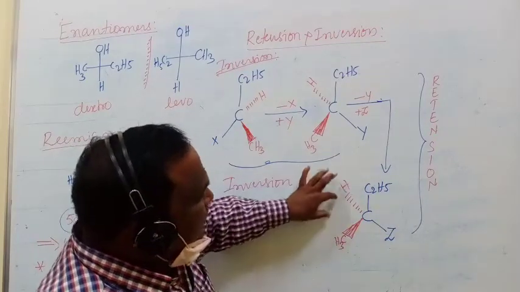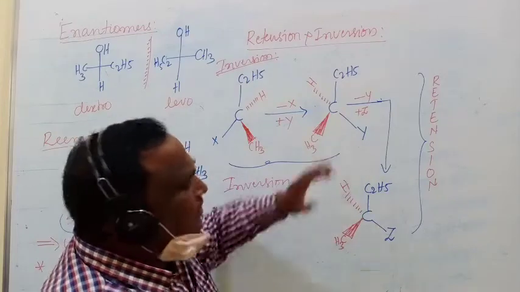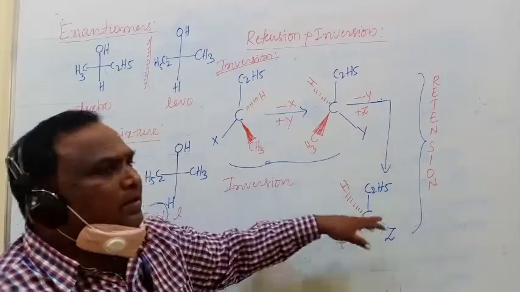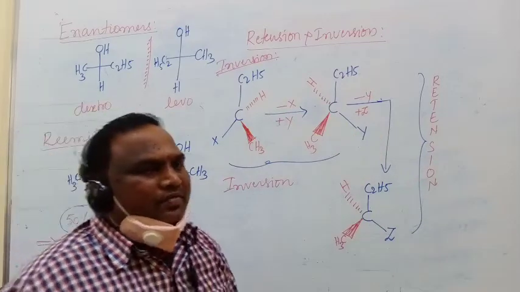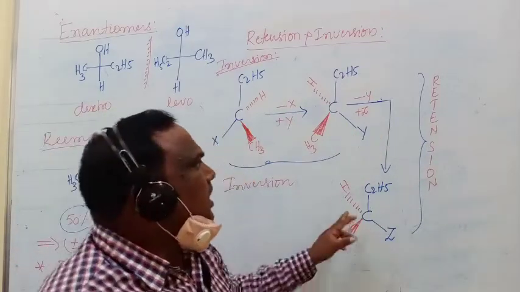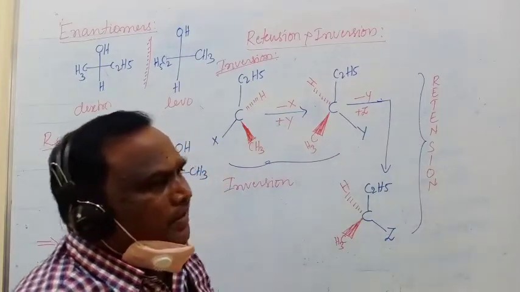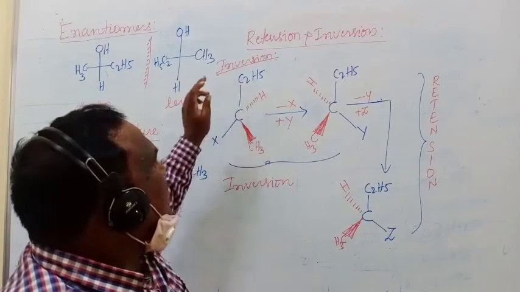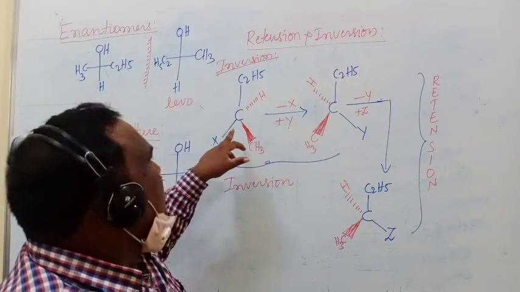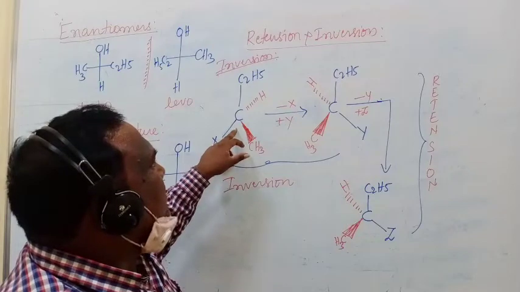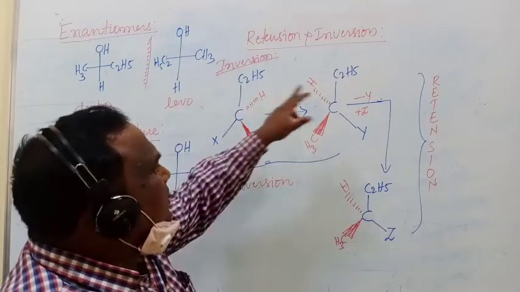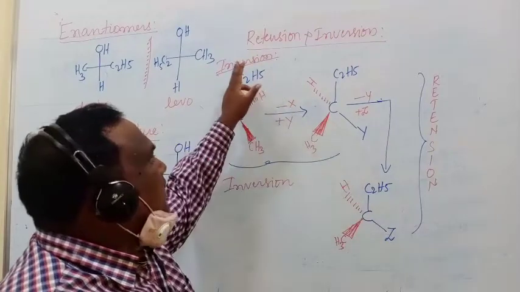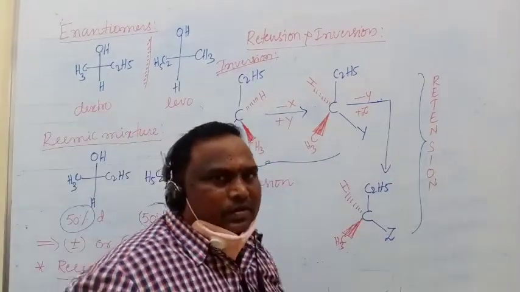The configuration of the atoms remains the same even after the chemical reaction. This is known as retention of the configuration. Very simple. Inversion means the process in which the configuration of the reactant changes in the product after the completion of the reaction. The retention means